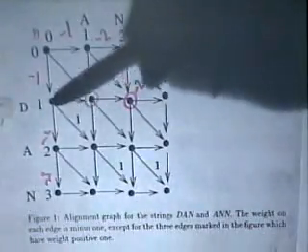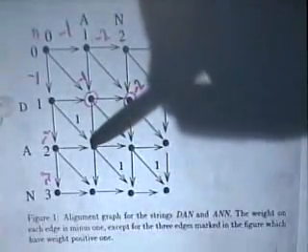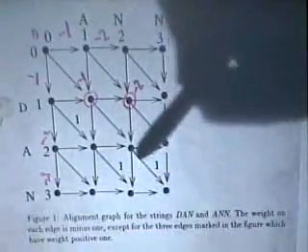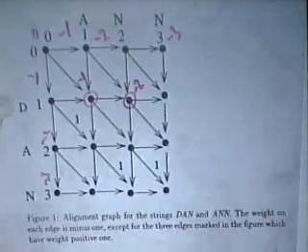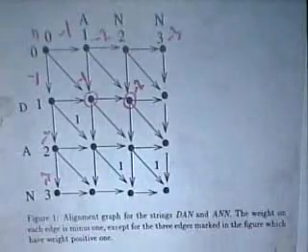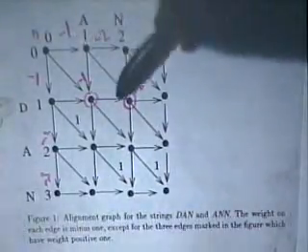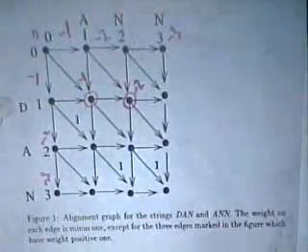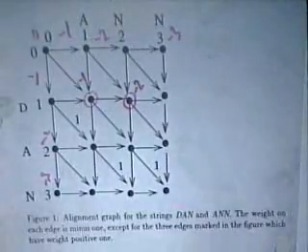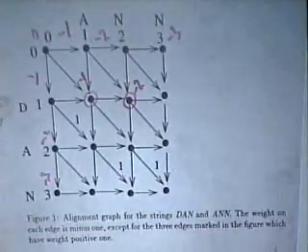So a distance of 1 meant that the edge that went into here corresponds to two characters that are the same. So this is a match. Here's another match. Here's another match. Or you can call it a potential match if it's used in an alignment. Every other edge that doesn't have an explicit weight on it is assumed to have a -1, which really means it's either a mismatch, like this one is, N opposite D, that's a mismatch, or it's a horizontal edge, which means it's a space that's being introduced in the alignment,